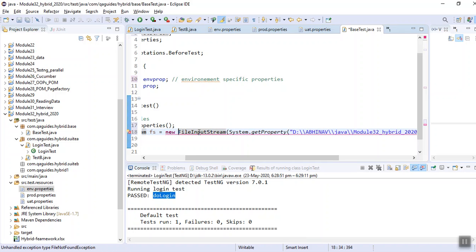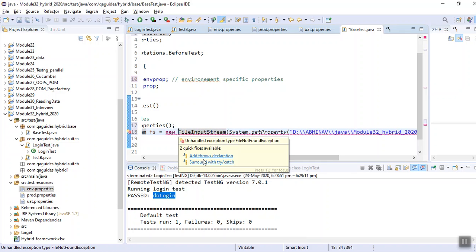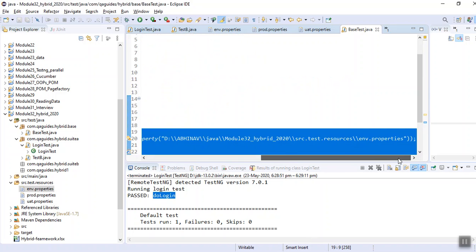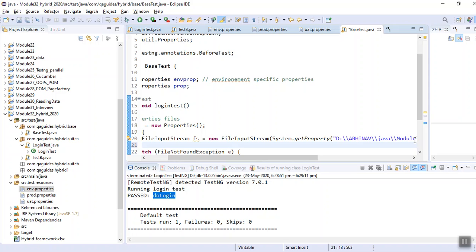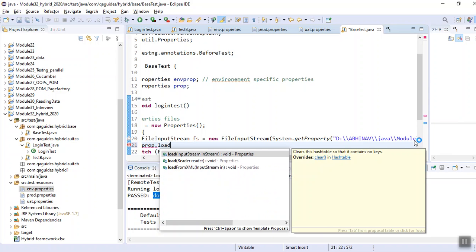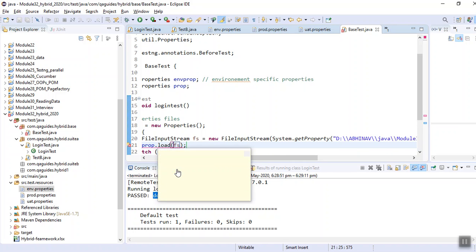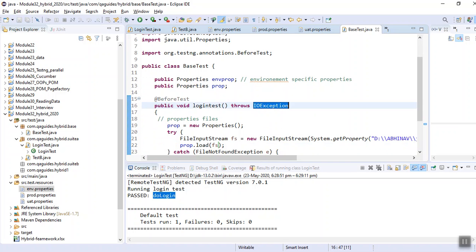Okay, we need to surround it with try catch. Next, go at the end, press enter, and we need to load it. Prop.load(fs). So this file will get loaded now. Fine, so now the property file will get initialized and loaded.